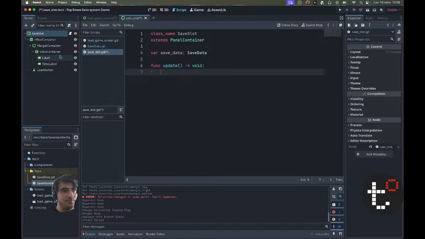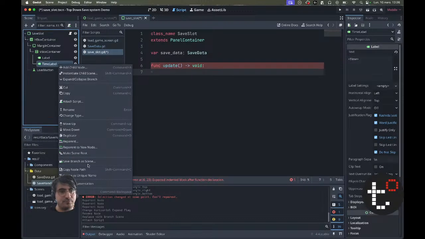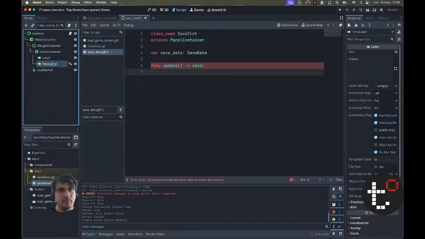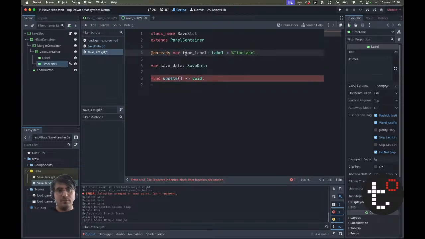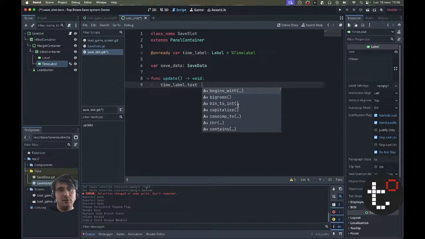I'm just gonna set the time label, but if you had more information, this is where you'd set it. And I'm gonna set that the time label dot text is equal to save data dot time,